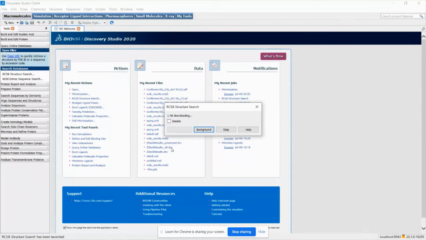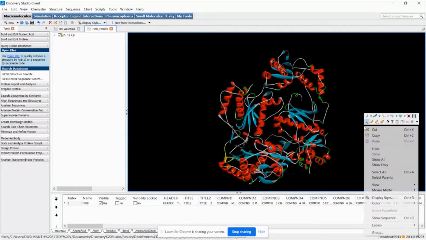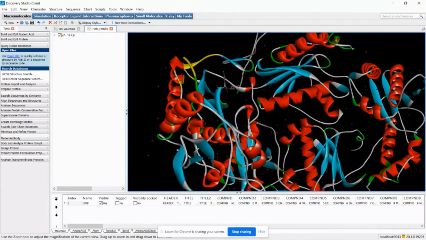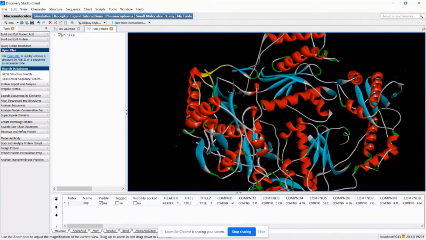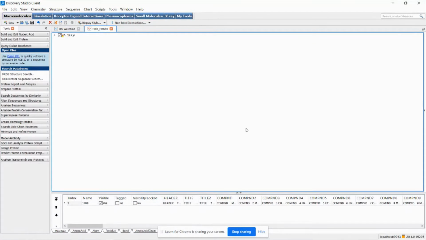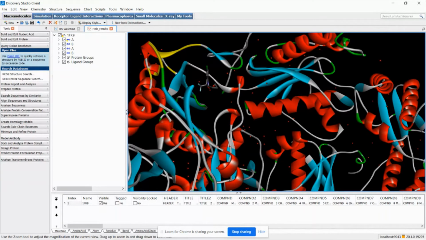After downloading the protein, the first and foremost thing you need to remember is that I should not directly work on the protein without any minimization or optimization. Why is the optimization required? Because if you see the protein, it is having water molecules. These red dots which you see are water molecules, as well as various chains, chain A, chain B, and several other parameters such as ligands, heteroatoms, cofactors.